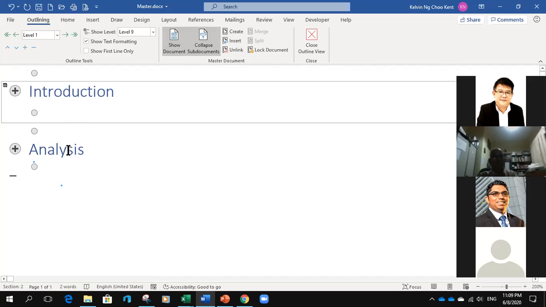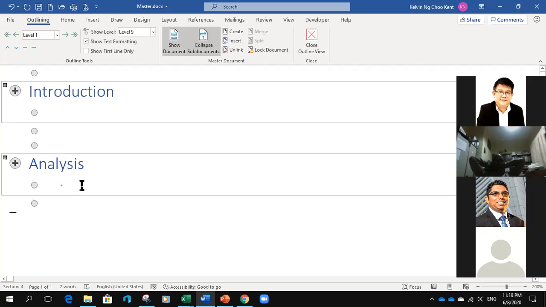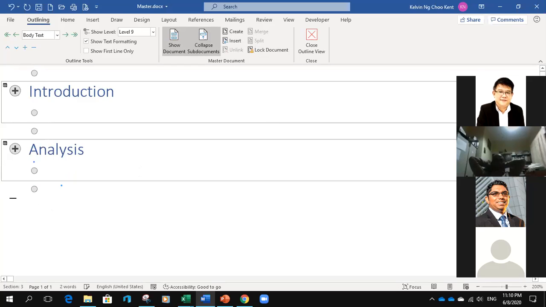Then I have Binesh. Binesh, you are very good at all this analysis, the numbers and so on. I'm going to click create again. Before I move on, you just take a look, this document is empty now, only with 2 titles. So what I'm going to do is save this document called master. I'm going to click save. Right? So let's take a look at the folder now.